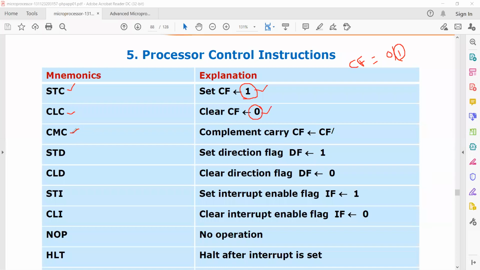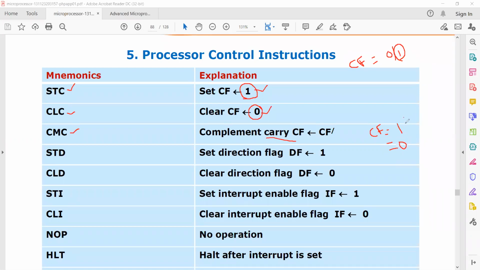Next instruction is CMC. CMC means complement carry flag. That means you have to complement the value. Suppose before writing this instruction the carry flag value is 1. After writing CMC, the carry flag value will get complemented, so it will be 0.